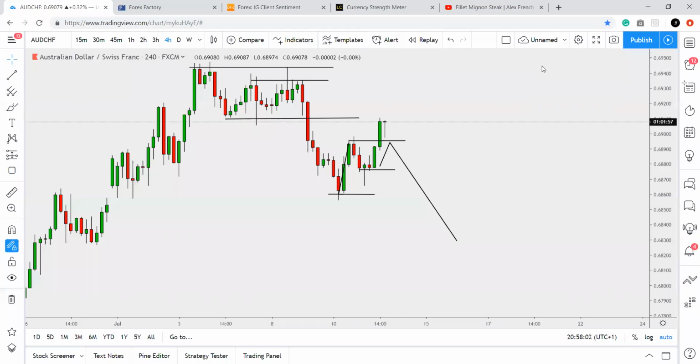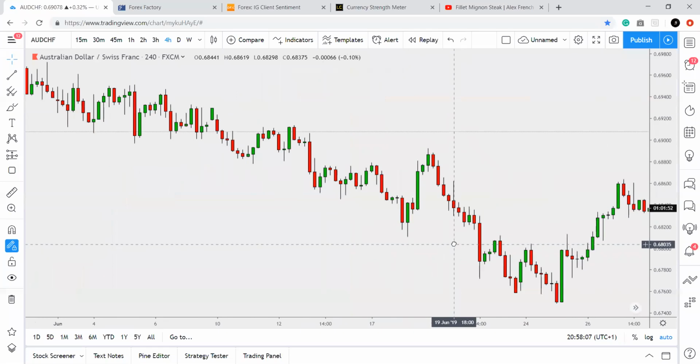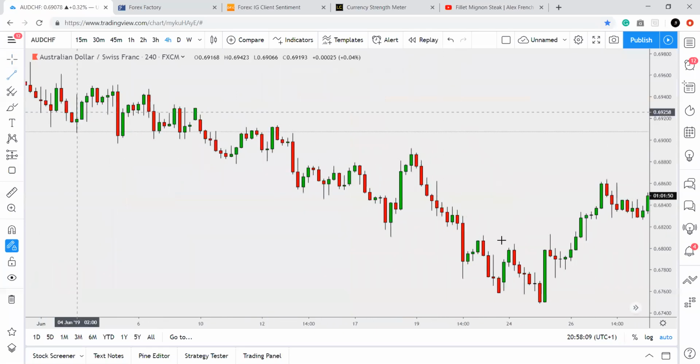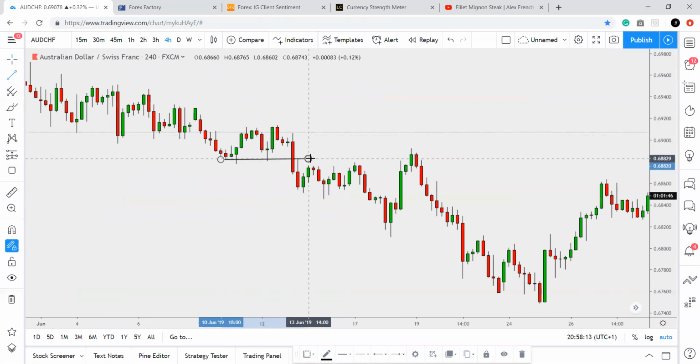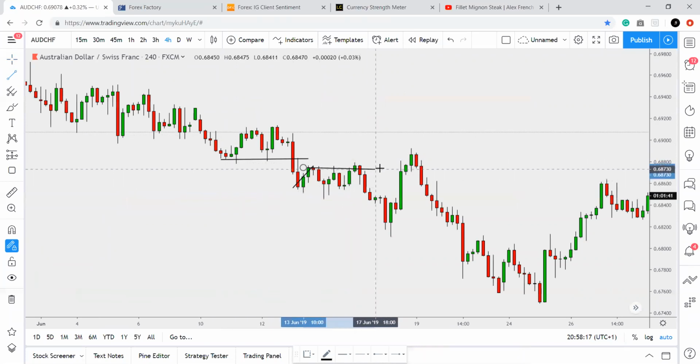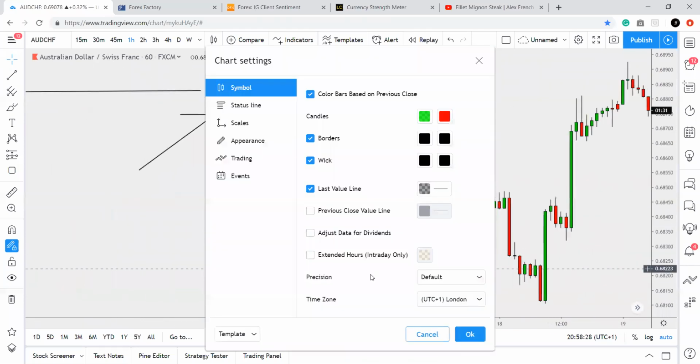But I literally just sit on my chart on the 4 hour, and I go back like this, and I might say to myself, well, I could see this structure was down. We had a break of this structure. Price came up. Maybe I wouldn't have sold here, but then I'll look at the structure and say, well, would I have sold here or would I have sold here? Well, I don't know. The only way I'm going to be honest with myself is by going down to the lower time frames and then just literally scrolling back,